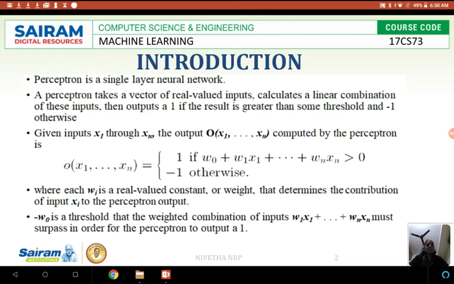The perceptron is nothing but one of the classification algorithms, and we will be using it for a linear set of data. It is applicable only for linear data, and when we need to implement a perceptron for non-linear data sets, we will go with the multi-layer perceptron. Normally, how does a perceptron work?